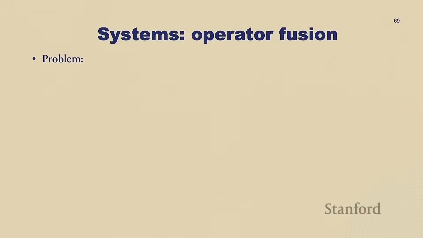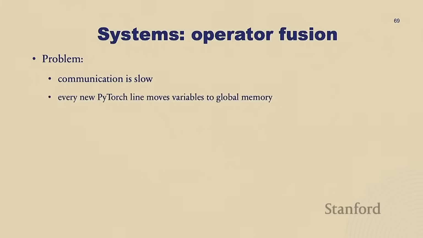Okay, I'll actually talk just about this and then I'll skip all the rest: operator fusion, because I think this is actually pretty cool. As I just said, communication is very slow. And actually, every time you use a PyTorch line, it basically moves the variable to the global memory of your GPU. So when you have something like this,